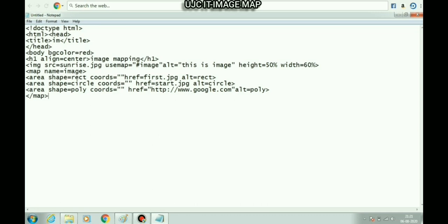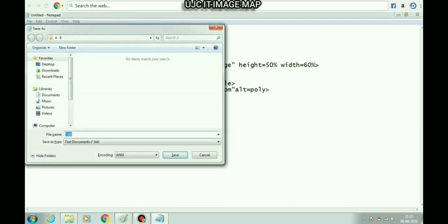Next, close the map tag, close the body tag and close the HTML tag. Now, save this file inside your folder with the name imagemap.html.